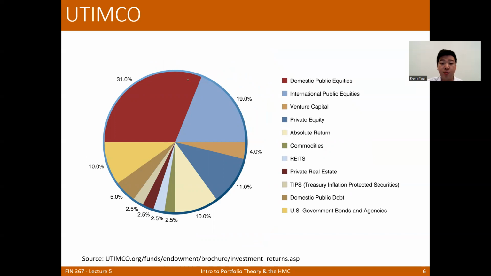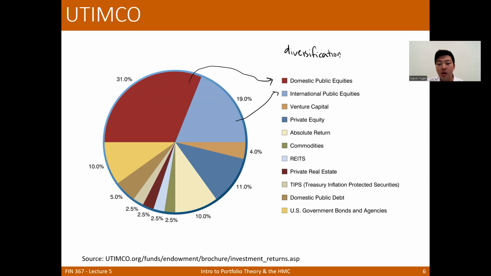We can see that a huge proportion of it is tied to domestic public equities, right? You could think of these as companies that you see on the New York Stock Exchange, like Apple, Facebook, et cetera. And they also have a significant portion in international public equities. And what you'll notice in this chart is that it's not just one color, right? Because if it was just one color, that wouldn't be very diversified. So one of the key tenets that you can glean from this pie chart is the importance of diversification,